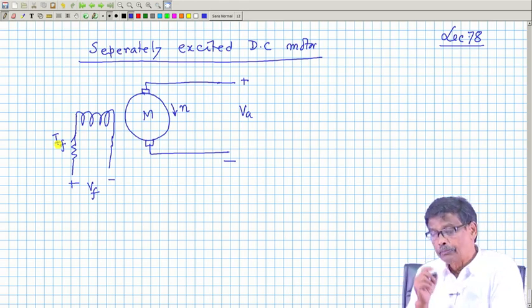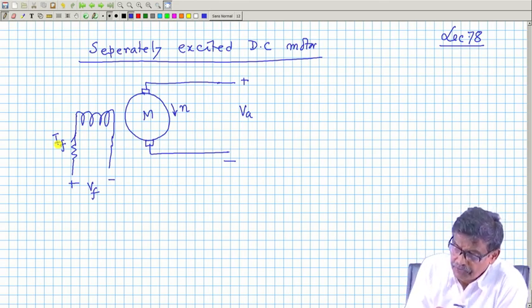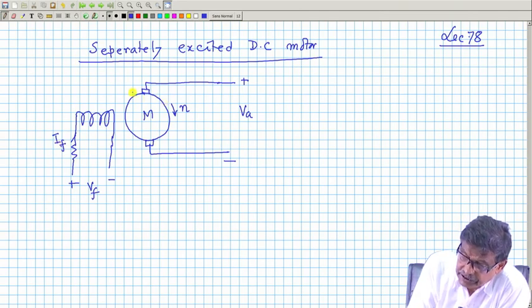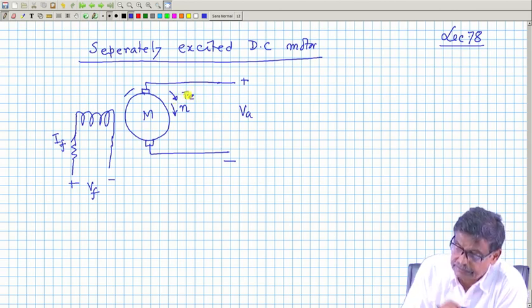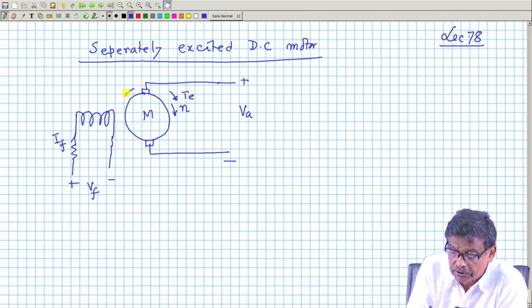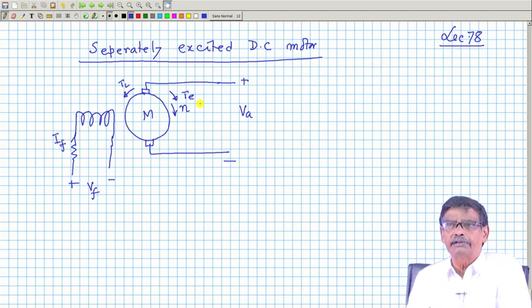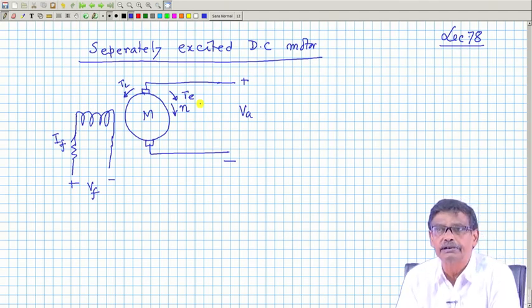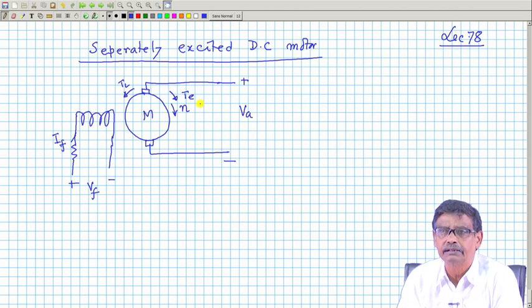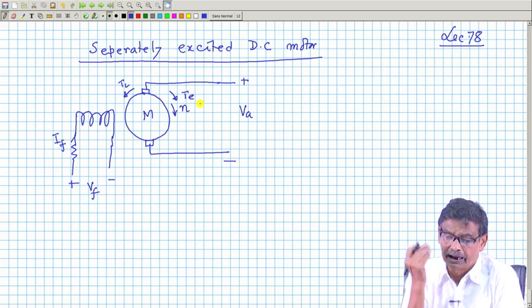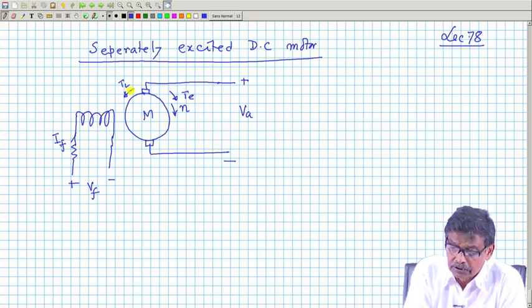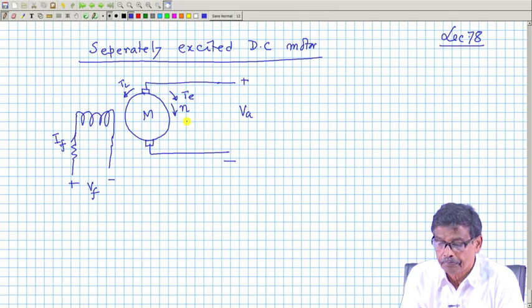Suppose we find in which direction the electromagnetic torque is operating. In the case of a motor, the electromagnetic torque is this. In which direction is the load torque? This load torque is the mechanical torque. Suppose it is running a pump, you must understand that the load on the shaft of the machine is either cutting something or raising water to a high-rise building. So it has to run against this load torque.